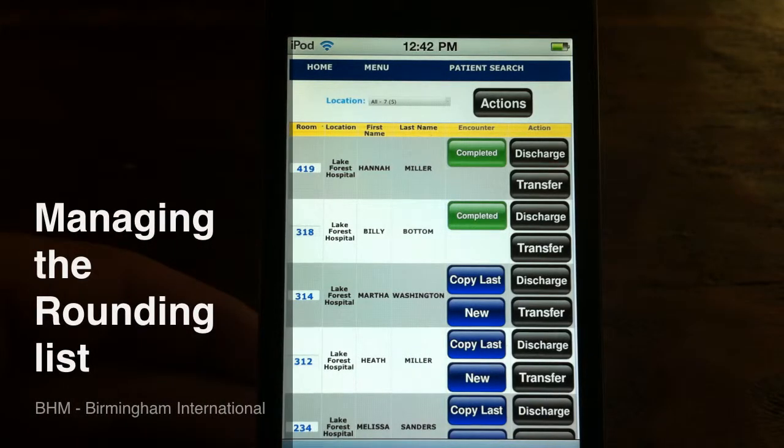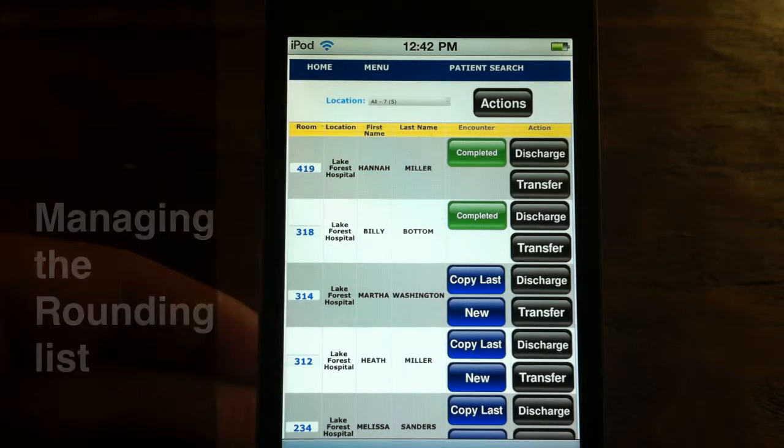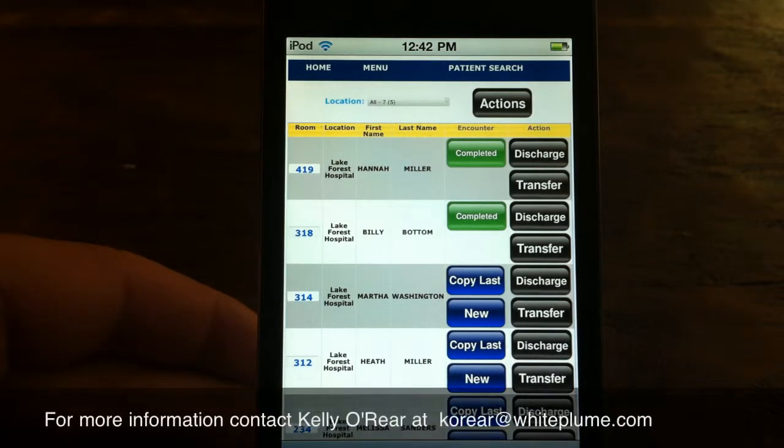The rounding list is really the home screen for the physician user in Excel Mobile. We have a different video that'll show you exactly what you need to do in order to add patients or remove patients from this list and how the administrative staff can help with that. Today I'm going to show you just a few helpful little tricks that'll show you how to manage this list